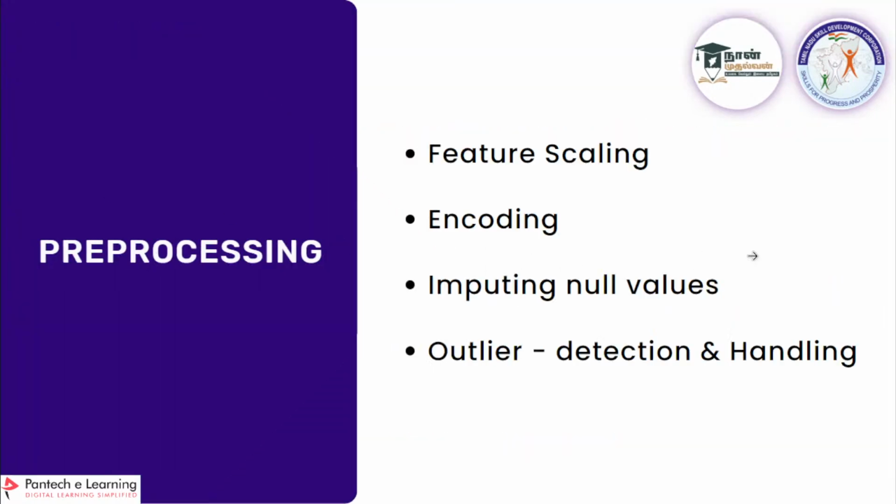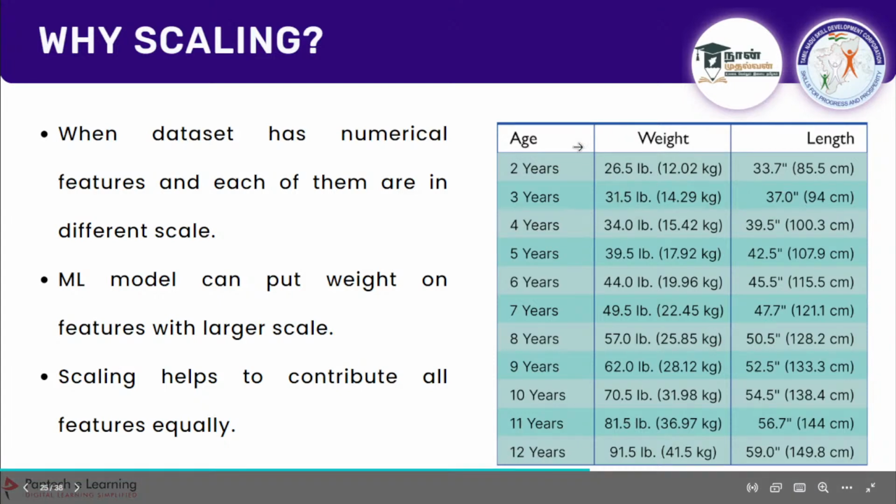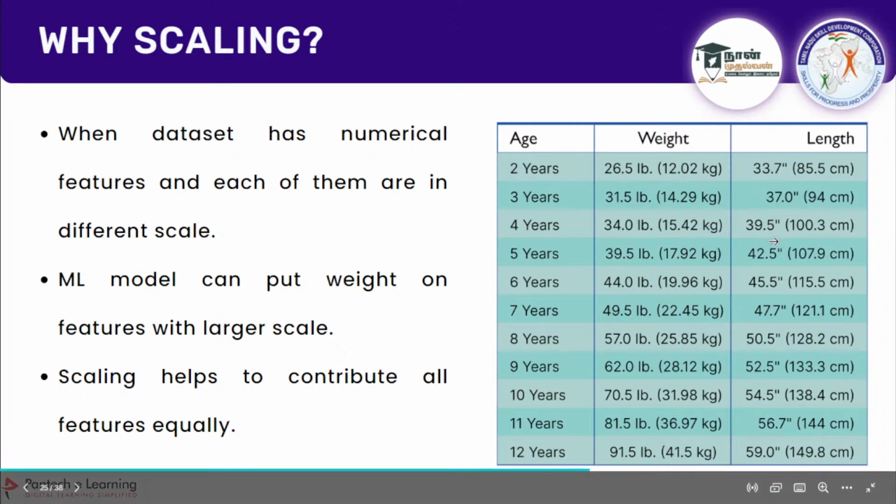The core concept behind why we are doing this is, as I told you earlier, all these numerical values, when you go for machine learning, we give them to the model, which does some statistical things and gives you the output. When you have different numerical columns on different scales, for example, age is in years, a single digit, weight is in double digits, and height or length is in triple digits. So this is the biggest value, right? When you give this to machine learning for processing, it will consider this as the important feature because it is the highest value.